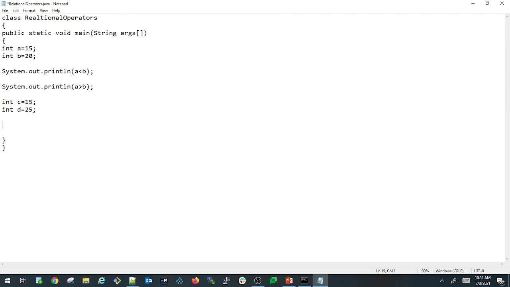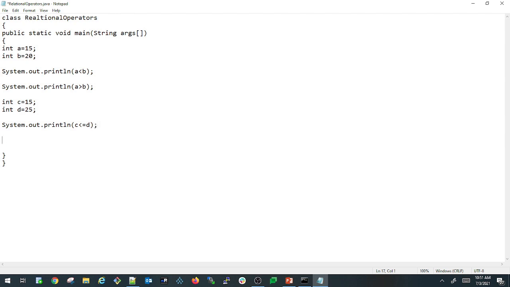So let us quickly look at the other two operators here. System.out.println. So here I'm assuming c less than or equals to 25. Sorry, c less than or equals to d.